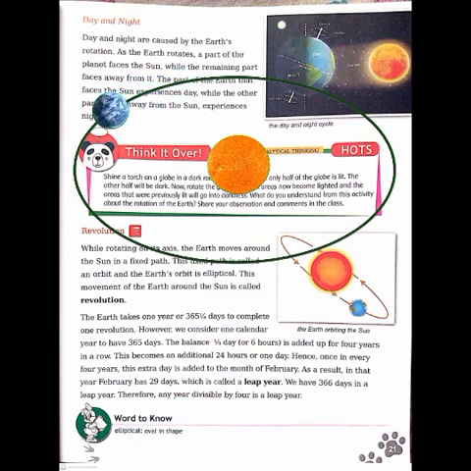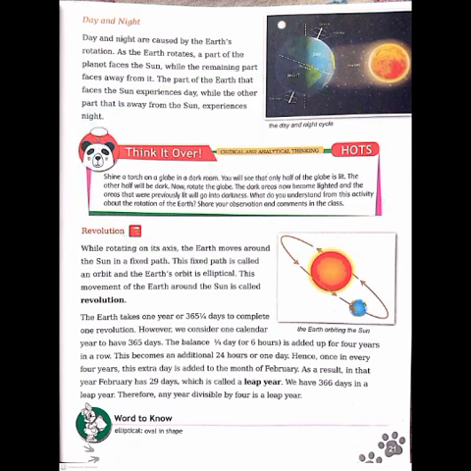Thus, we take it as 365 days. If we take the 1/4 part of a day, it is about 6 hours per year. If we add 6 extra hours every year, then it becomes an additional 24 hours, or 1 day. That's why